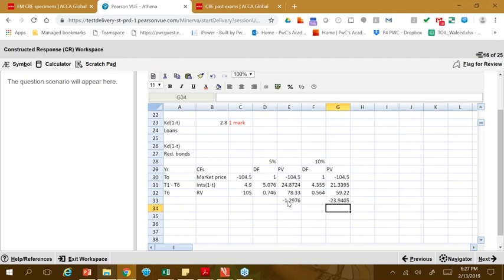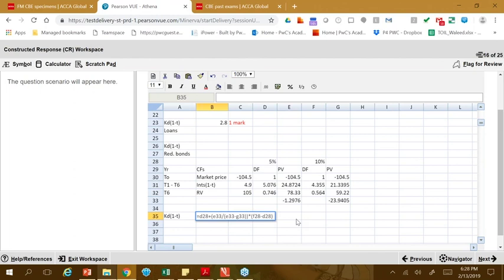And then use the IRR formula to find the KD1 minus the T, which is the lower rate, which is given in D28, plus the present value at the low rate, which is E33, dividing that by E33 minus the present value at high rate, which is G33, into high minus the low, which is F28 minus D28. So this is the IRR formula.